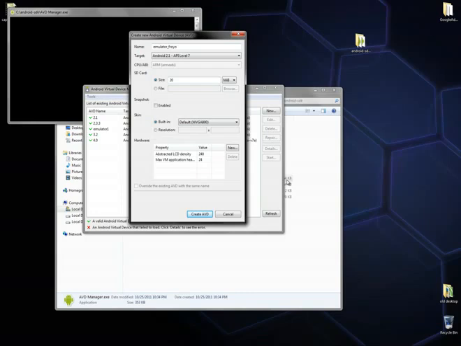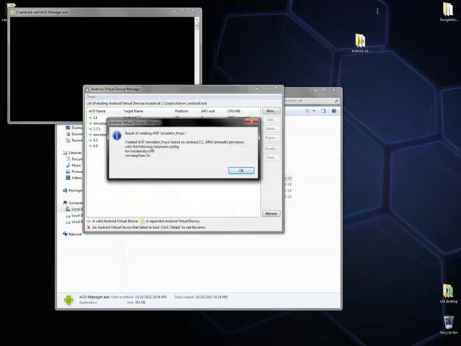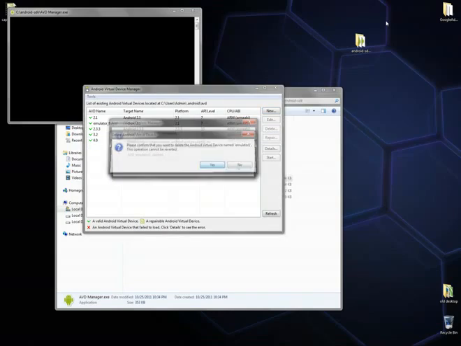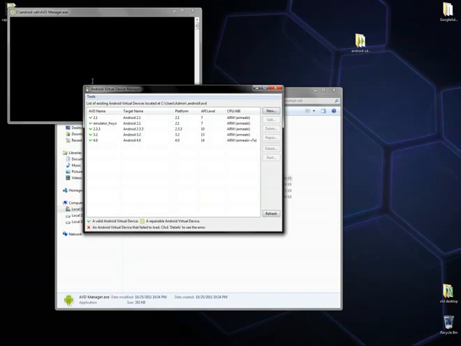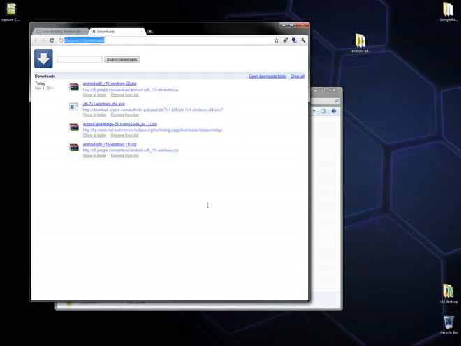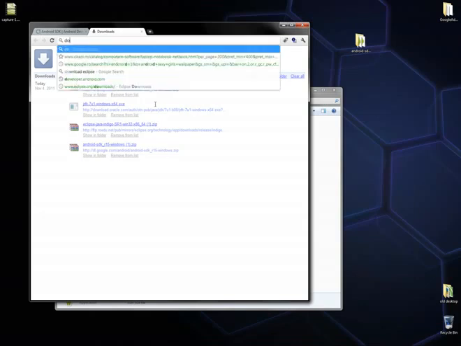Just leave the default, don't enable snapshot yet, and click create. Okay, you can create more emulators, so go ahead and create more for each platform. Let's delete this one. Okay, close it. After this, we need to download Eclipse,